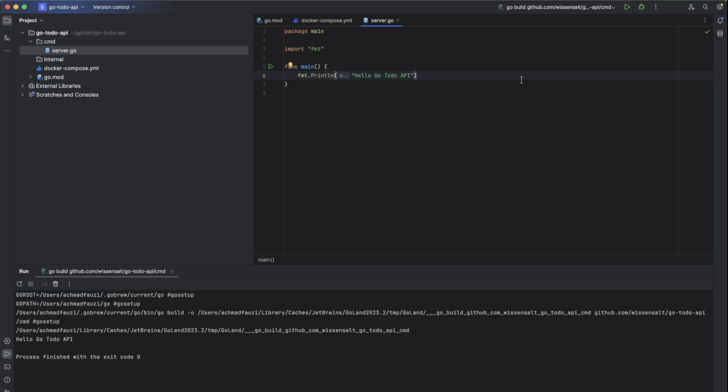We will create a new router for this project by using chi.